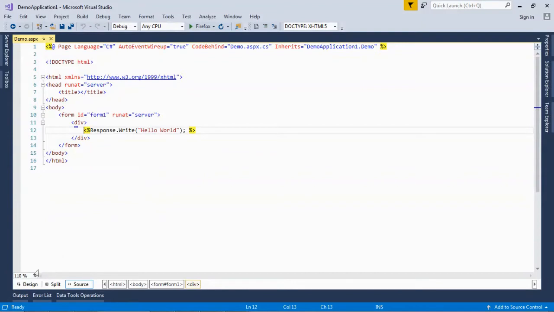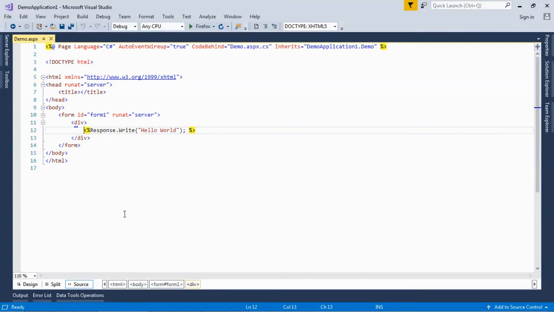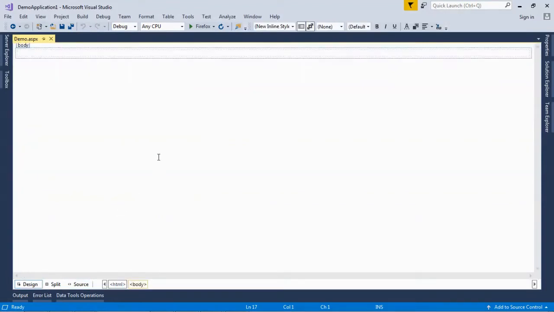So there is another way to go to design view with the help of this design tab. One more option is there. If you are on the source page, with the help of Shift F7, this shortcut key, you can go to design view also.